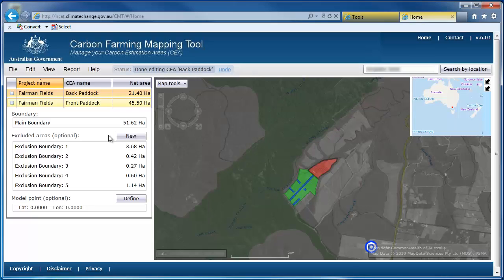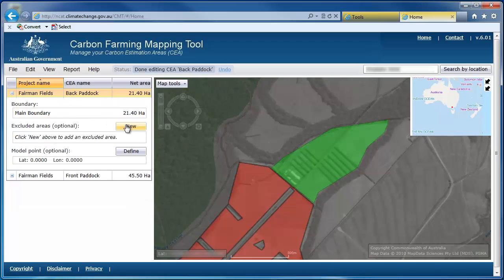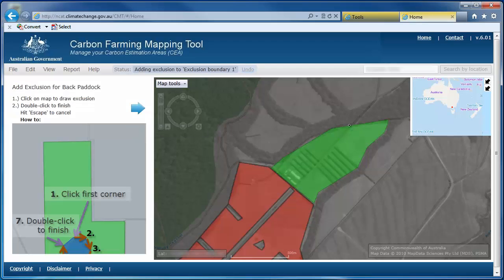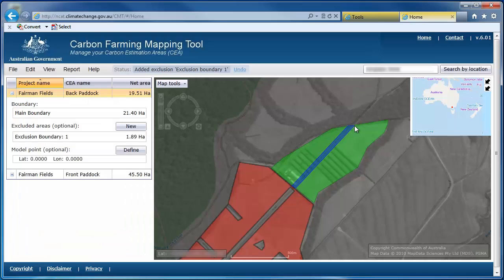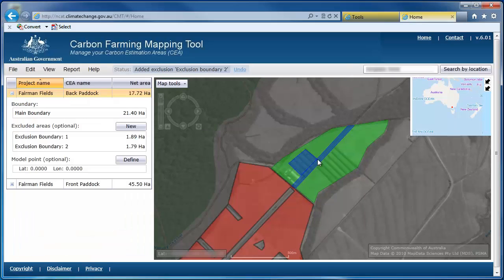Now in the first CEA, I'll remove some orchards, a shed, and of course the road. Removing the road. And double clicking to finish. Remove this group of orchards.